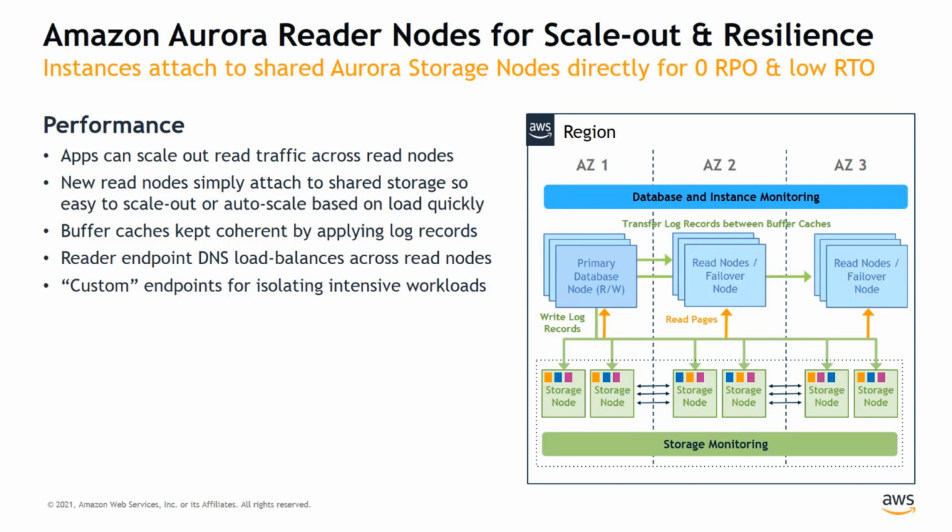But these read nodes, again, attach directly to shared storage. So it becomes almost instantaneous, right? You can generally attach a new reader to your cluster in usually a matter of minutes. And for the most part, the delay is really allocating a new instance in the EC2 world to be able to